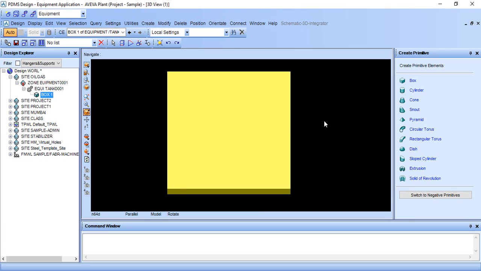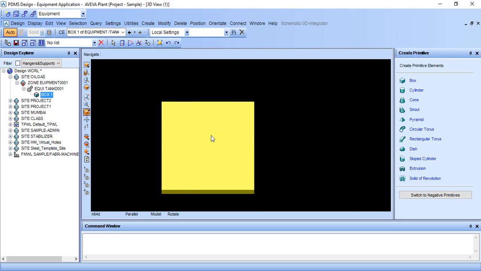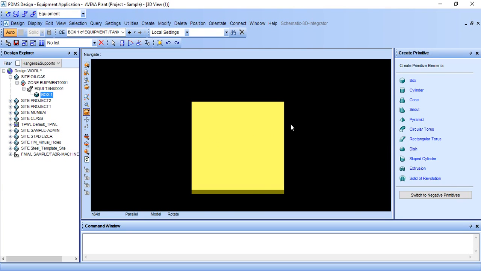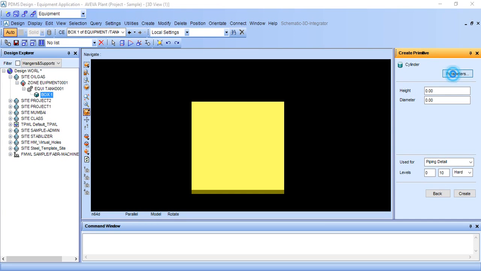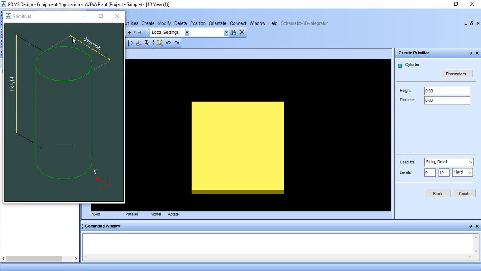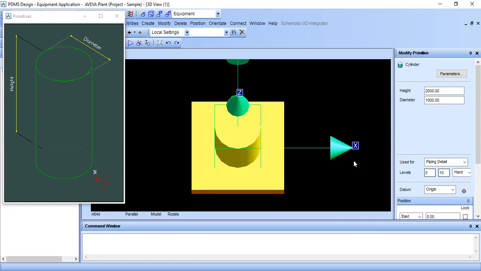After creating this, I want to put a vertical cylinder on it. So I am creating a cylinder, and here the parameters are height and diameter. I need height 2000 and diameter 1000, and click on create.